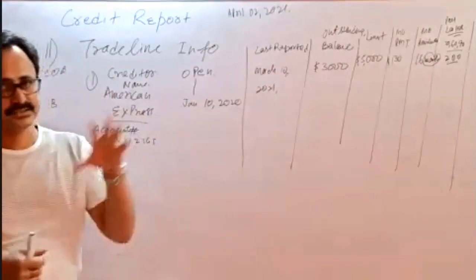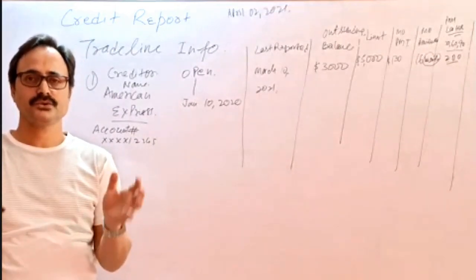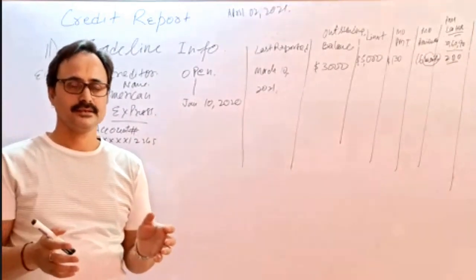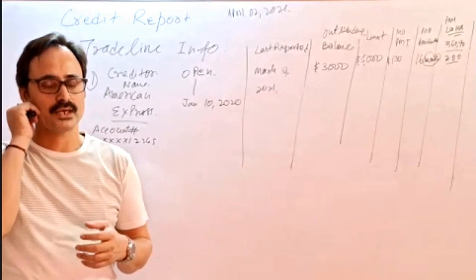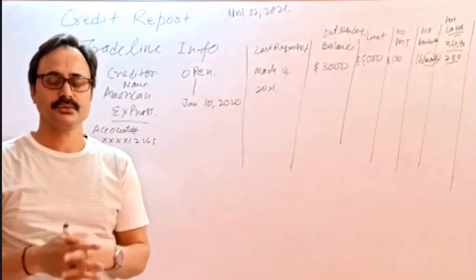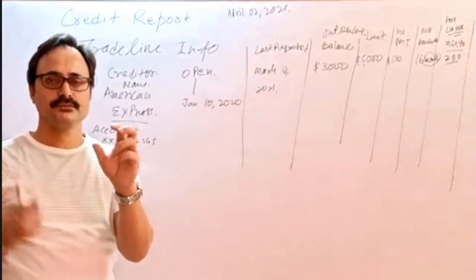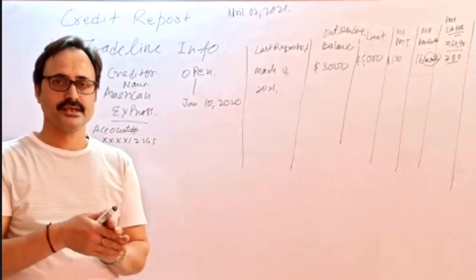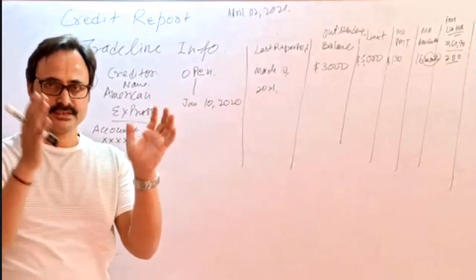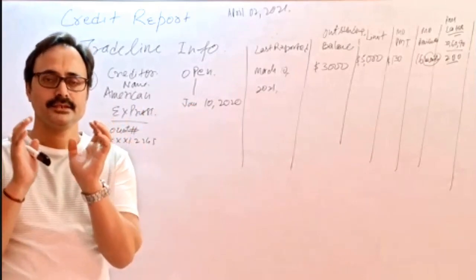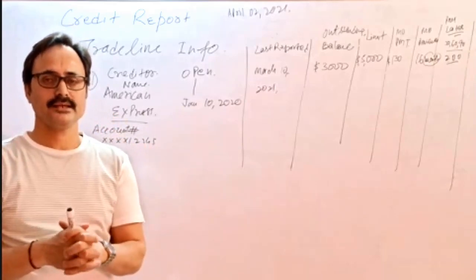In a similar case, when we have two borrowers, we always need to check if they are spouses or living together. If they are husband and wife, yes, they can provide a merged credit report. While ordering the report, we just need to provide both borrowers' information there and check on merge credit report, and whatever data is individually stored for both borrowers in the server will be merged together and provided.